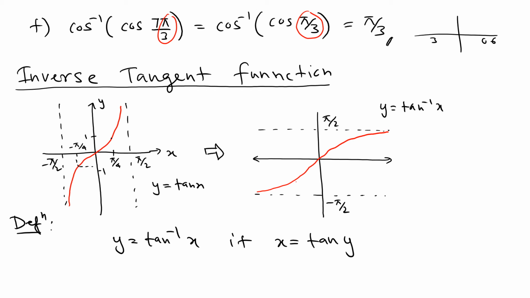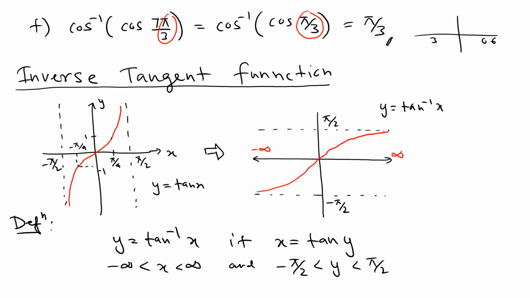That means it can carry all the values from negative infinity to positive infinity. So x is between negative infinity and positive infinity, not including infinity, and y ranges from negative pi over 2 to positive pi over 2